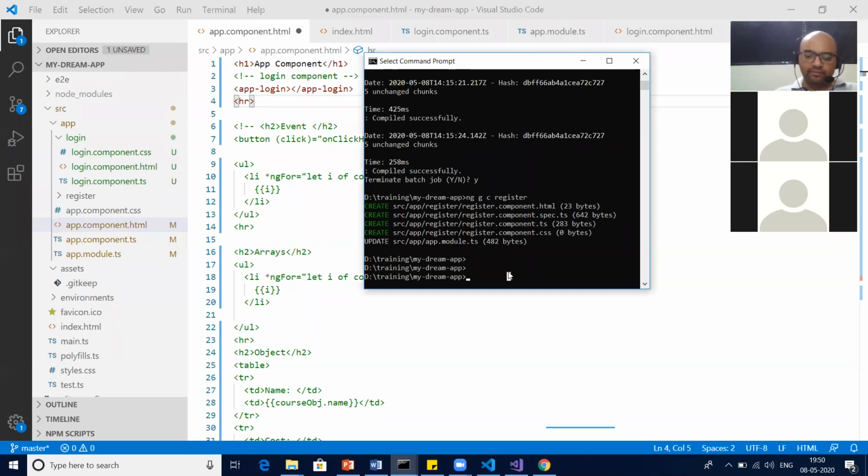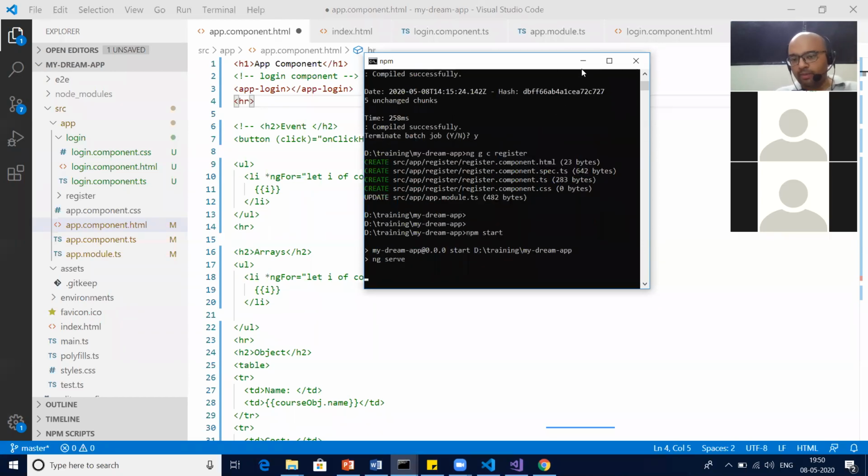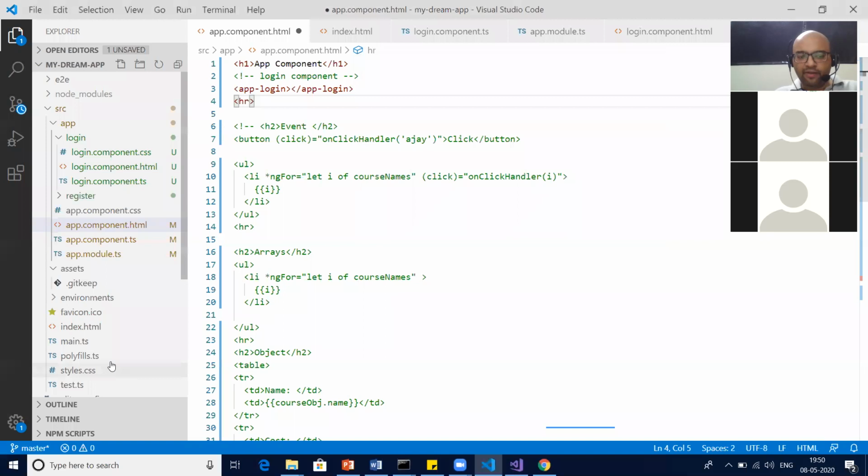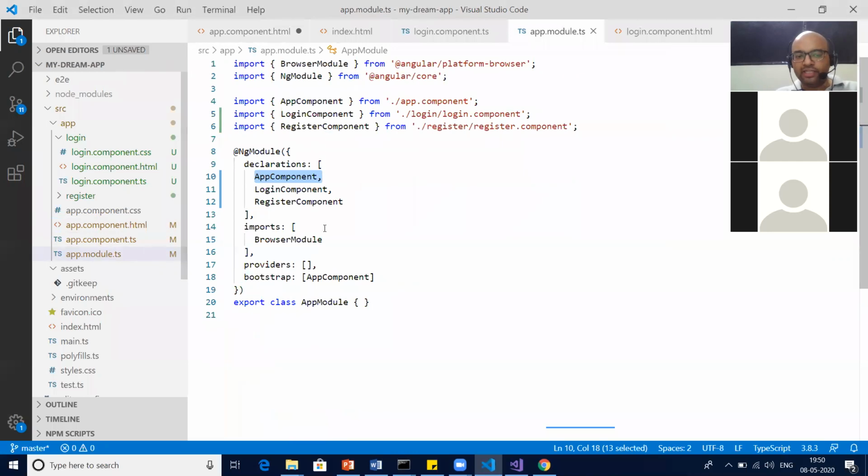So we'll start from here. Parallelly, I will say npm start, so that I don't need to come back here and again start the server. Let the server be in a started mode. So first of all, I would love to show you the module file again. So we go to app.module.ts file. You can see register component also got added, just like I told you in the last session about the structure of module, correct? In your module file, all your components, pipes, custom directives, as of now components, are going to come under the declarations array, right? So it has added the register component automatically in the module file.